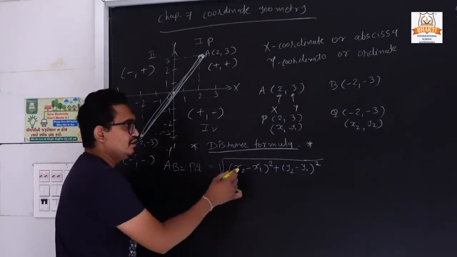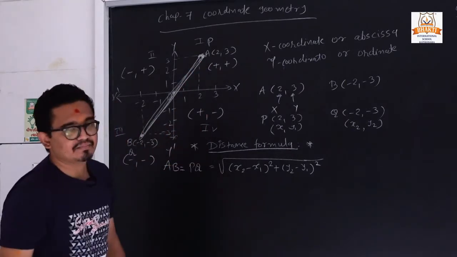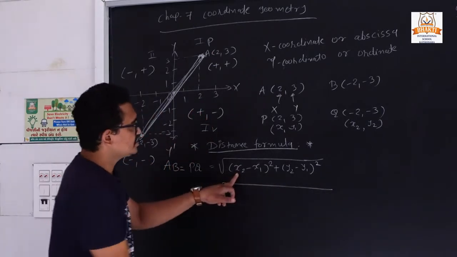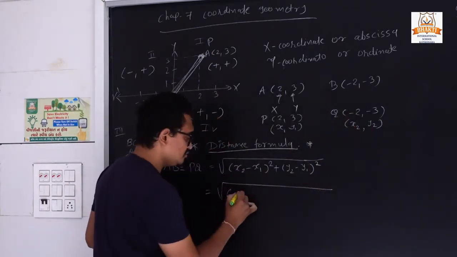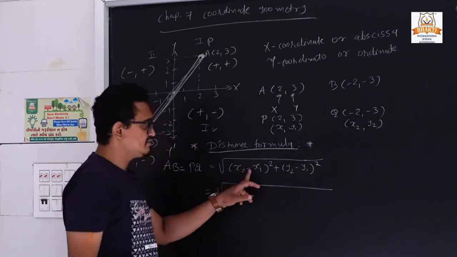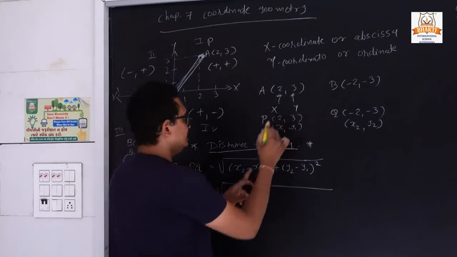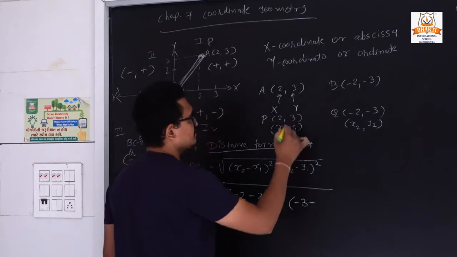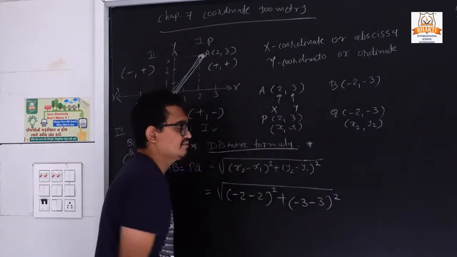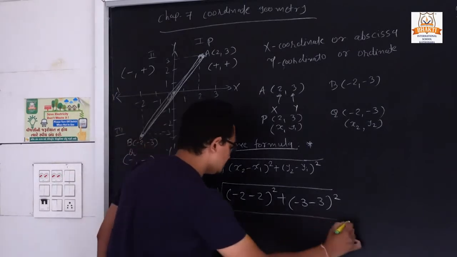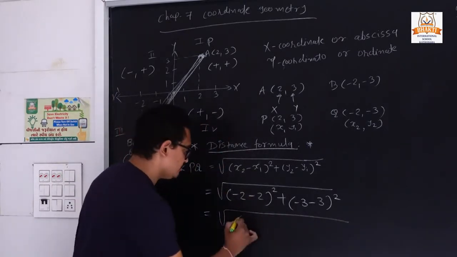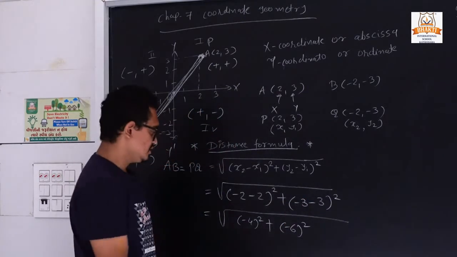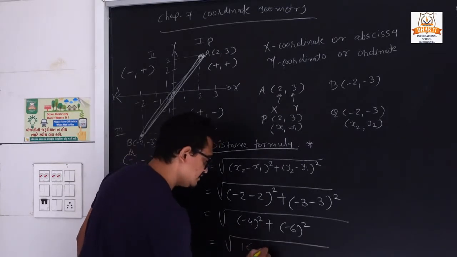Now if I want to find the distance between P and Q or A and B, we have a formula like that: under root, what is x2? It is minus 2. In between we have a minus sign. What is x1? It is 2, all square. Then y2 is minus 3 minus, what is y1? 3, all square. Now simplify this. So minus minus becomes plus, so minus 4 all square plus minus 6 all square. So 4 square is 16, and